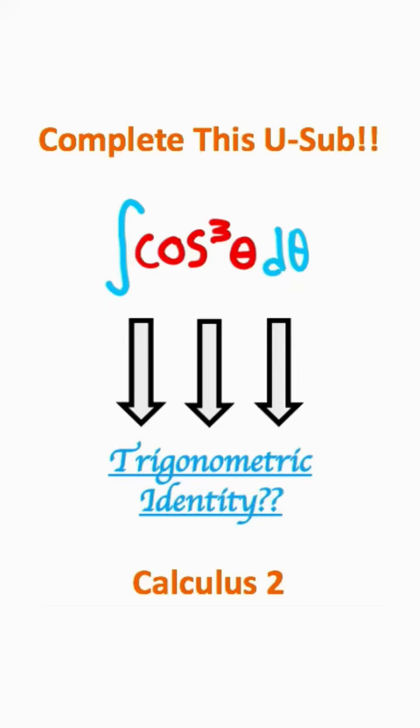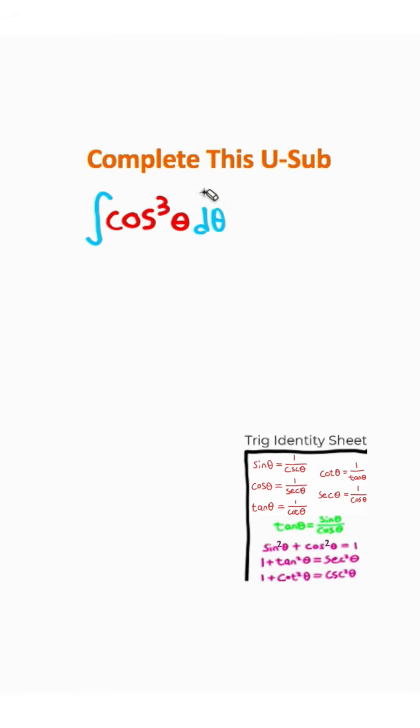Let's talk about integrating trig functions. Typically, when you want to integrate trig functions like this, you want to relate it to a trigonometric identity. Looking at this identity sheet, I can relate the cosine squared term. So what I'm going to do is change this integral that we have up here to the integral of cosine